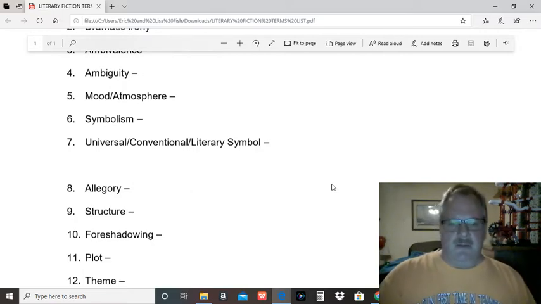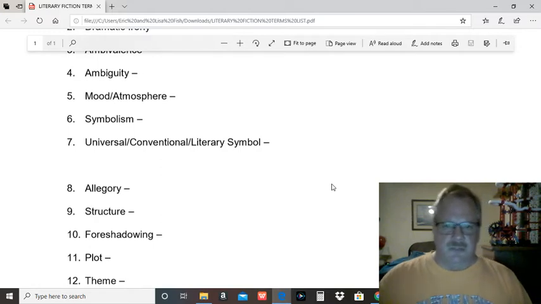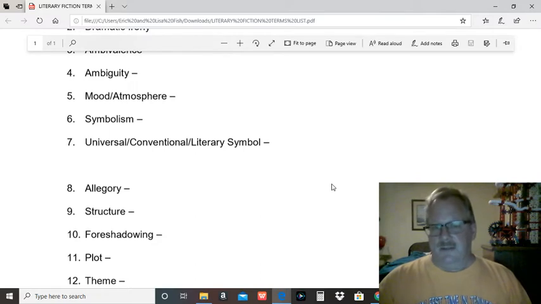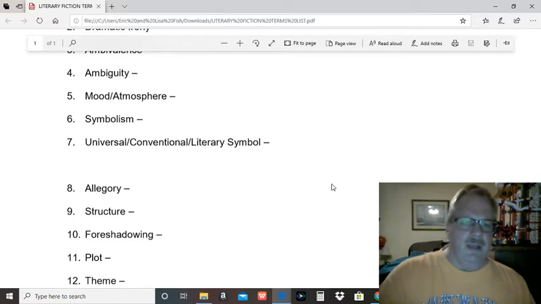Symbolism we've talked about. Universal symbols tend to transcend cultures. The setting sun is an excellent example. If somebody's writing your story and the sun's starting to set, you might have a little bit of a problem, right? On the other side, if somebody's writing about you and the sun's rising, maybe something good's about to happen in your life, right? The sun rising generally means rebirth, renewal, things like that. And it tends to cross cultures.